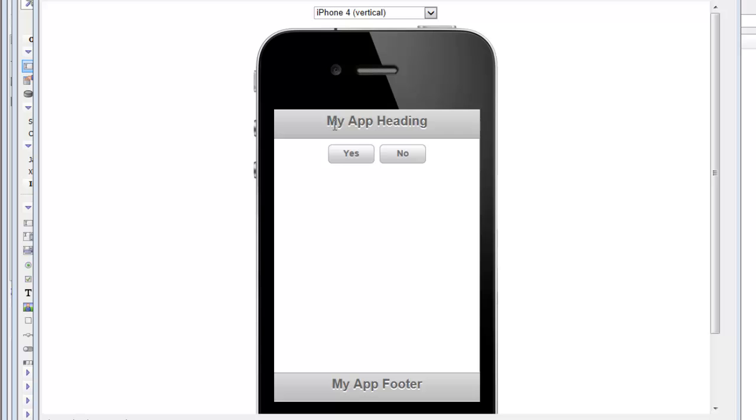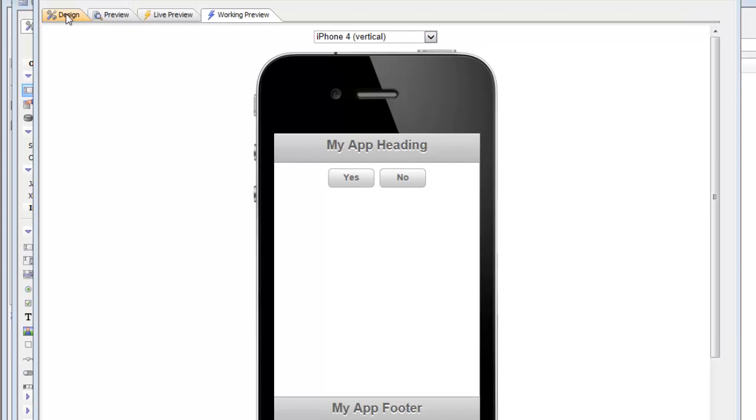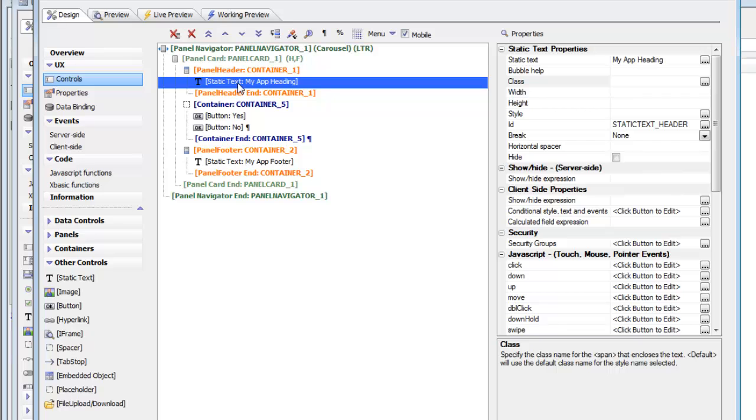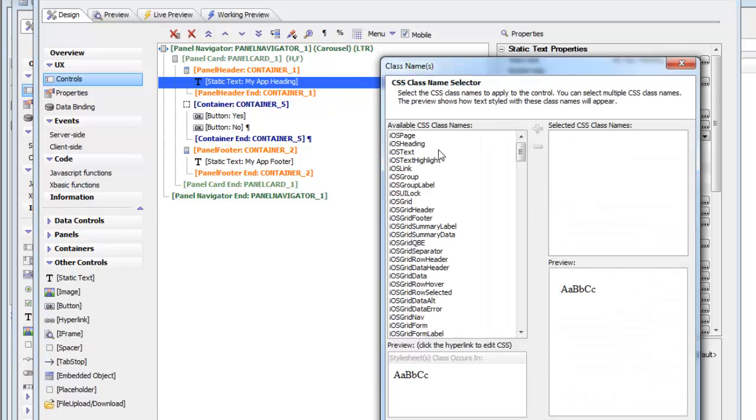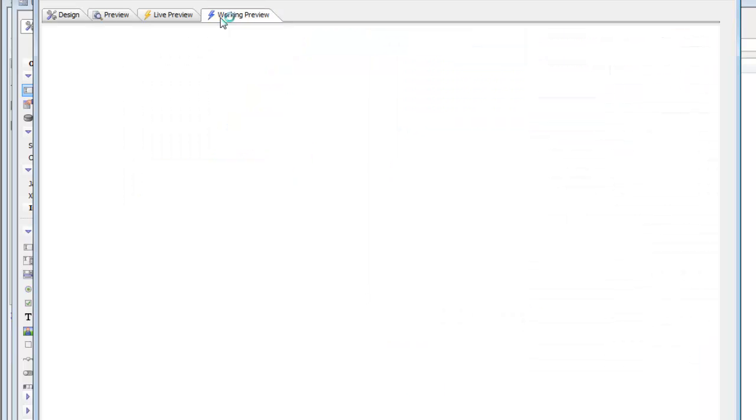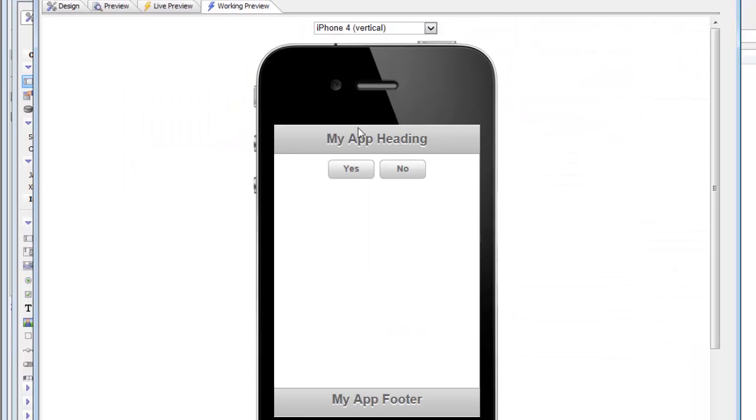And right now the header text is not being displayed as vertically centered in the header, and the footer text is also not vertically centered. So let's go back to the builder now, and let's first start with the static text that's in the header. We'll go to class names and we'll choose the iOS heading style over there. So let's go there and click OK, and now switch to working preview, and now we can see that the text is nicely